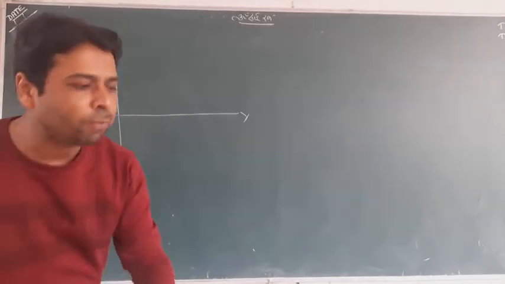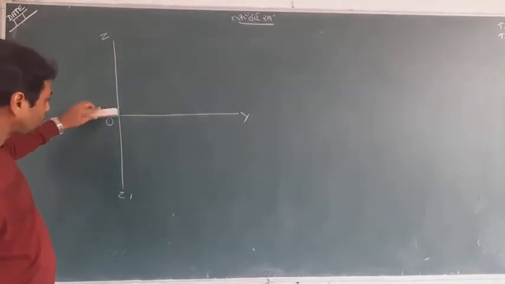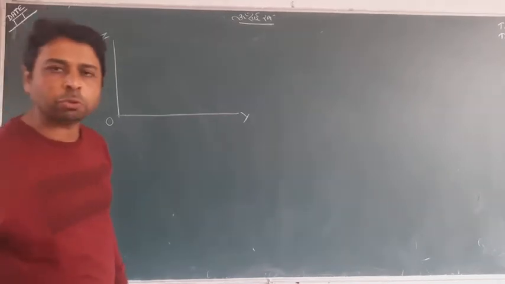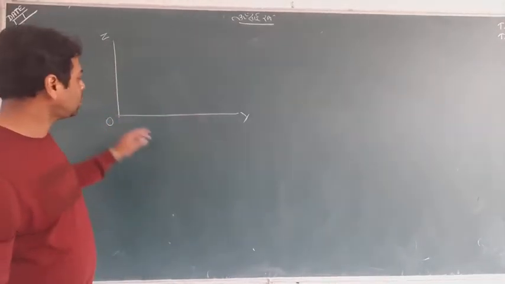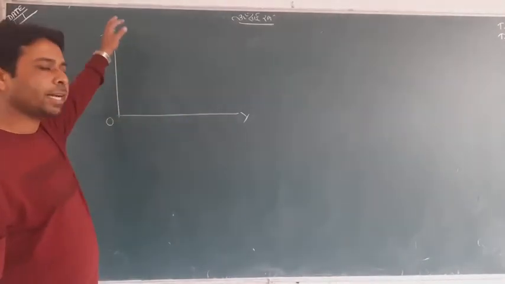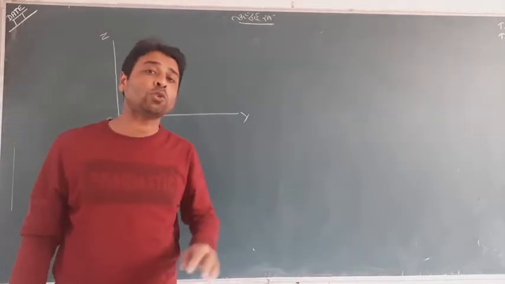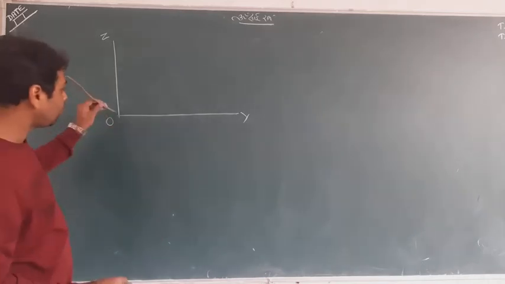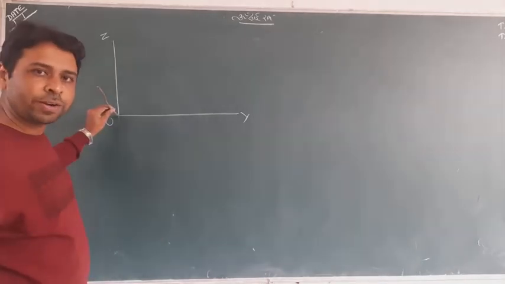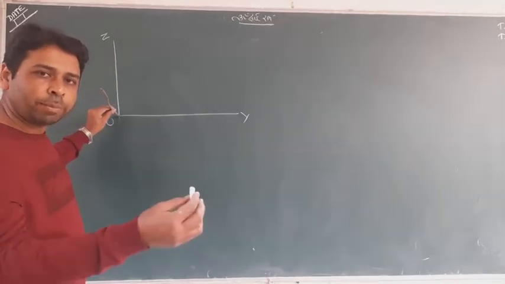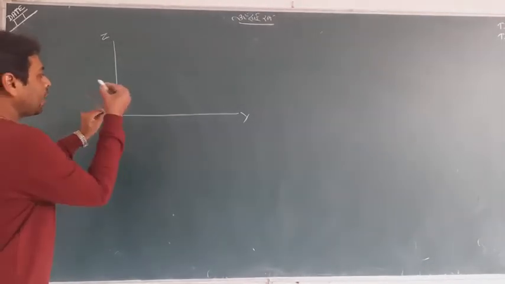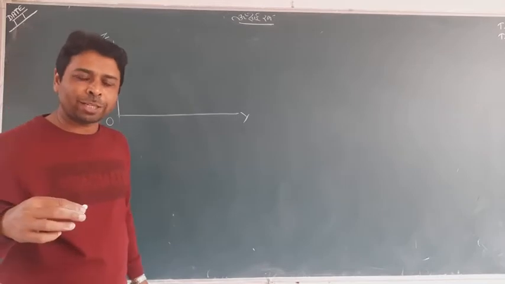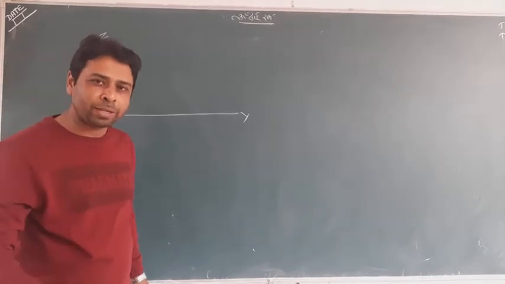So I will first rub this portion as well as this portion, and only positive y and positive z are kept. This is the y-axis, this is the z-axis, and the x-axis is yet to be formed, which is actually in front of the board like that. But it is very tough to form. In three-dimensional geometry, this particular line cannot be drawn in the air. It's funny, but it is true. So I have to make the x-axis.